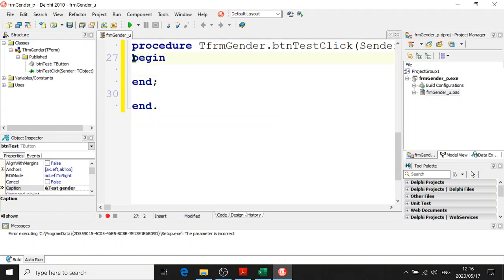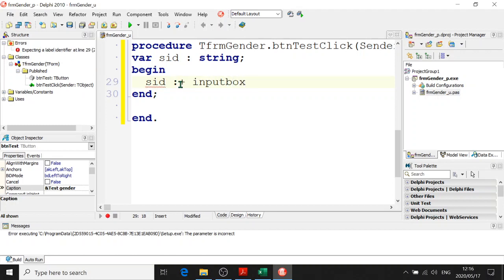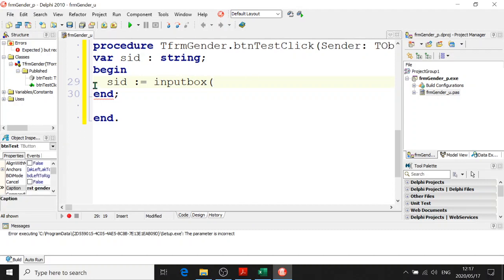and I'm going to make a variable called SRD, string, and I'm going to say SRD equals input box. Input box is a function that returns a string. It has 3 parameters. All of the parameters are strings, parameters being the things inside brackets that you must enter. SRD equals input box, open brackets. The first parameter is what we want the person to do. Enter an ID number,